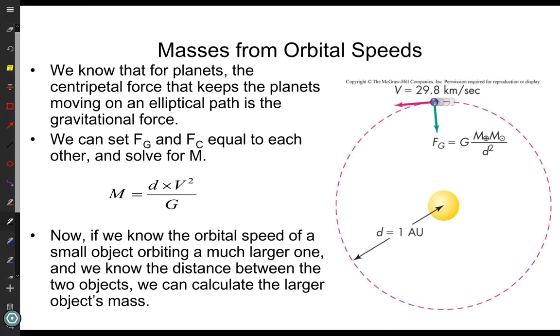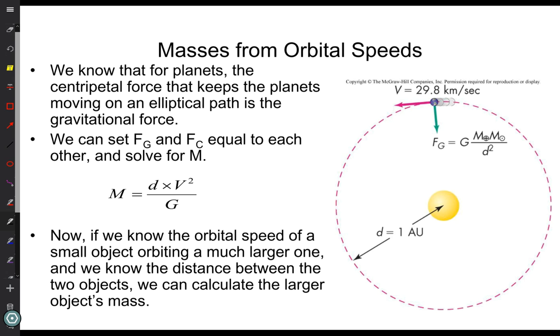Now, if we look at an actual planet, it's the gravitational force that's pulling it toward the center. So the force pulling toward the center is G, mass of the object. See that circle with a plus in it? That means Earth, so m with that subscript is the mass of the Earth. The circle with a dot in it, what do you suppose that is? It's the sun. So this means G times mass of Earth times mass of the sun divided by the radius between them squared.